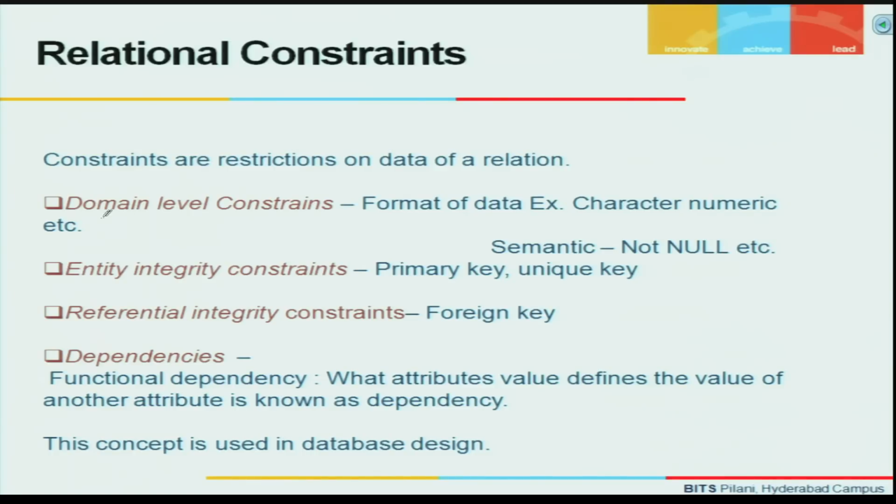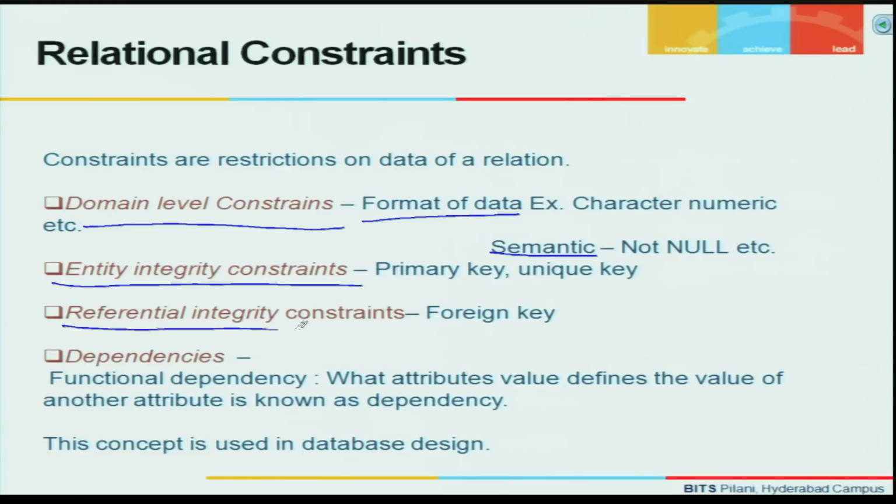These are the rules. First constraint is domain level constraints, formatting of the data and other semantic related constraints. Second is entity integrity constraint, and third one is referential integrity constraint. The fourth constraint we can enforce is dependencies. What is domain level constraints? Domain means what? The set of possible values under a column or a field is known as the domain of